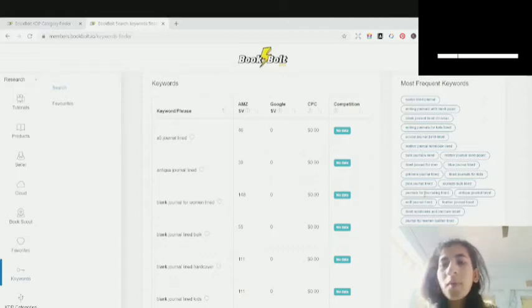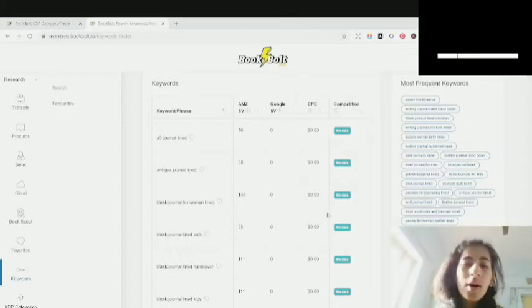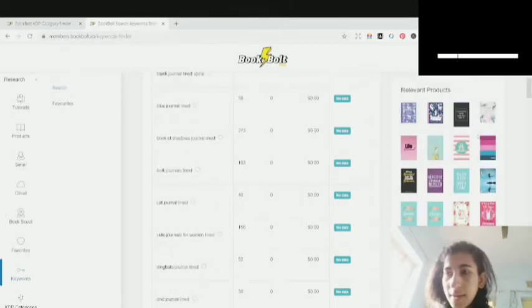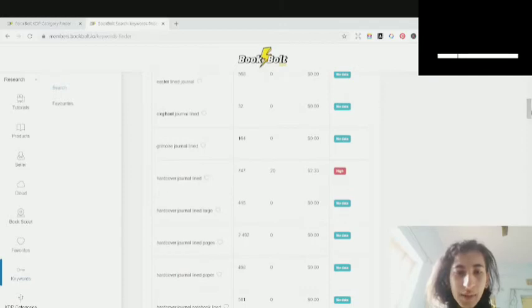These are the most frequent keywords that are used for Easter lined general. You can go out and check for whatever book or niche you are targeting. These are mainly the keywords and products related to Easter lined general. Let me just scroll down and we're going to see exactly. So this one is having a high competition.